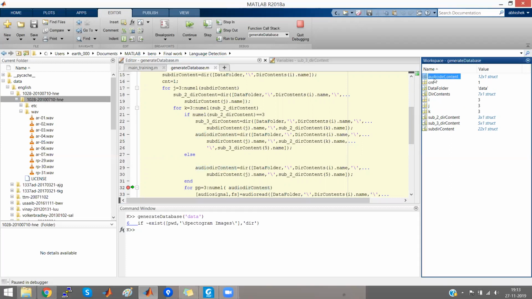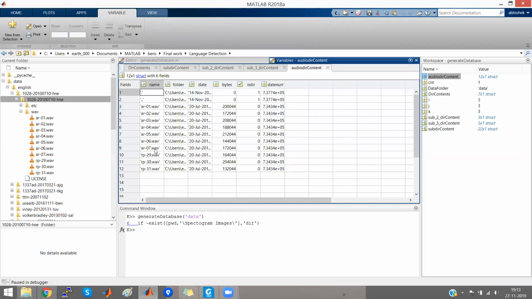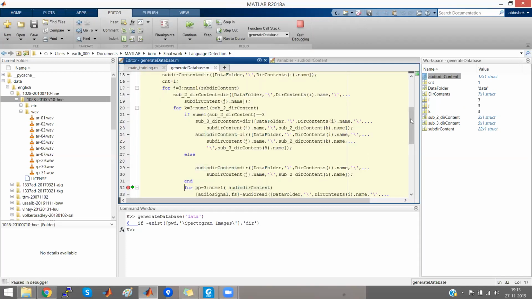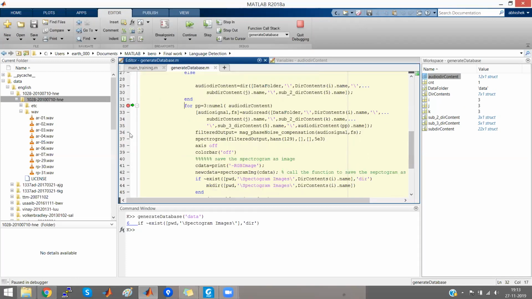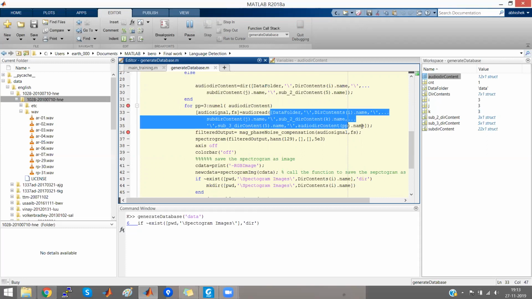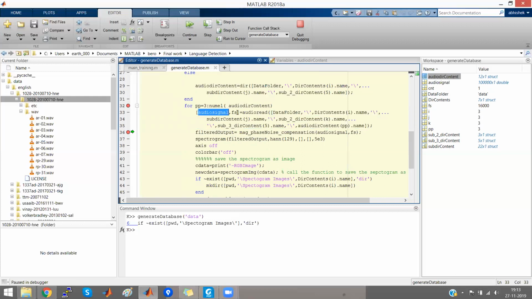You can check out this variable. Now we have all audios inside that particular directory, and we'll read one by one. So let's read the very first audio, for which the function audioread will help us. We need to just specify the path. This whole is the path where our video is lying. So the audio has been extracted from the file. It is saved in audio signal, and fs is the sampling frequency.